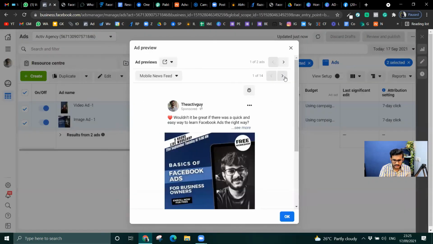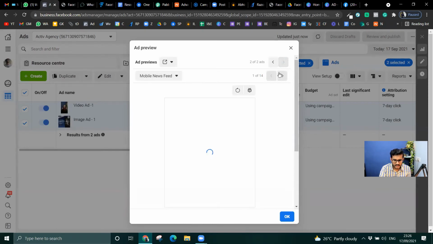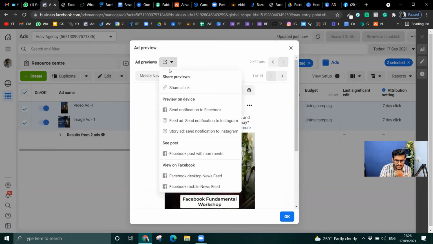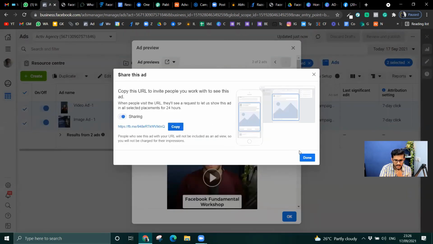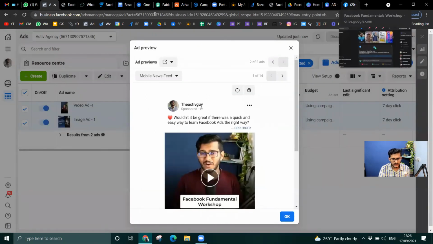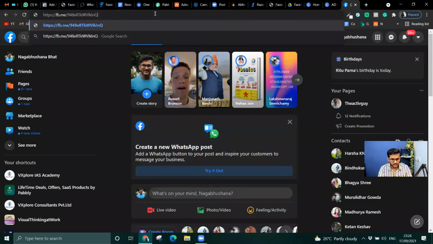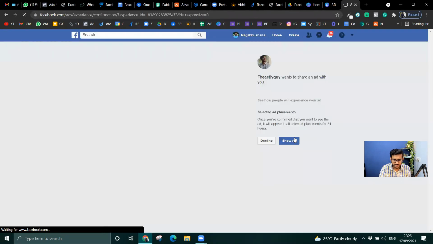I will select the other ad, which is this ad, and I'll just click the link, share the link, copy, and then say done, and then just go here and do the same for the second one as well, right? And I'll click show ad.